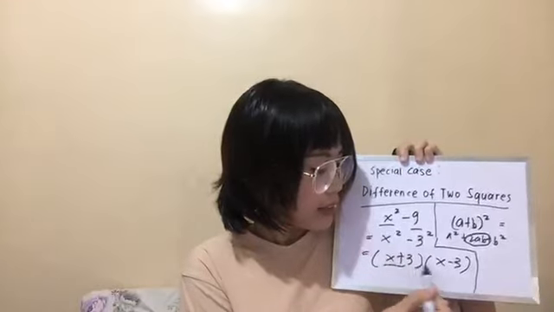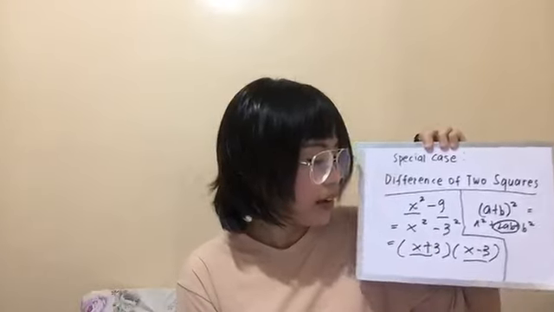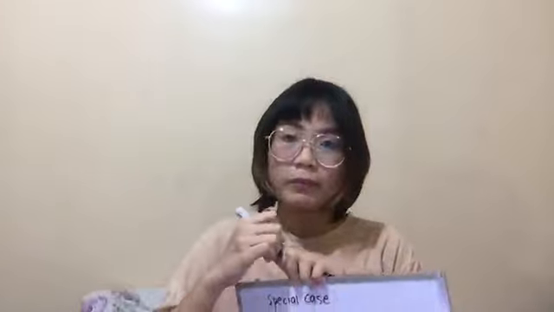Can you multiply this one and try to get the answer when you FOIL it? Sure. X squared and then